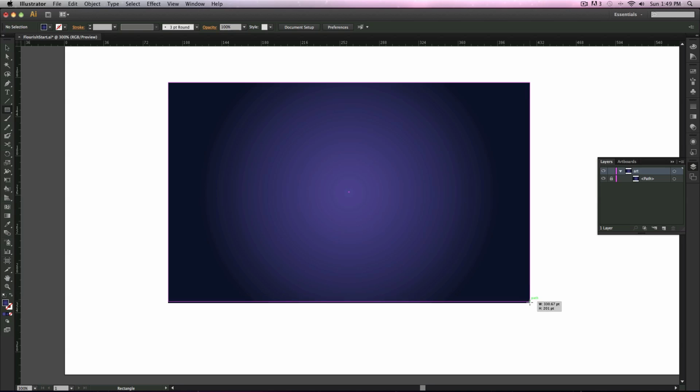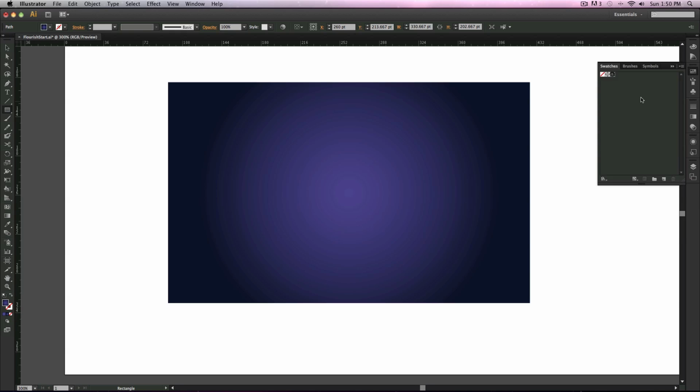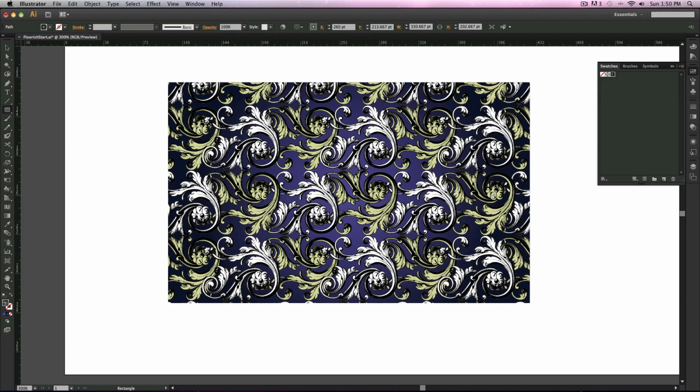And it's going to be roughly the same exact size. Now this other rectangle, I don't want another gradient. What I want to do is put my pattern in it. So let's go back to swatches. Let's hit pattern. And it's looking cool. I like the way it turned out, but I want them to blend